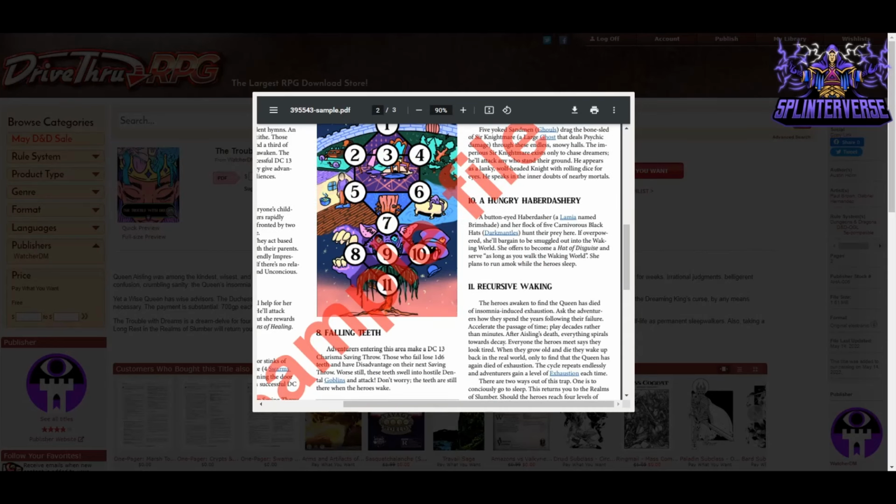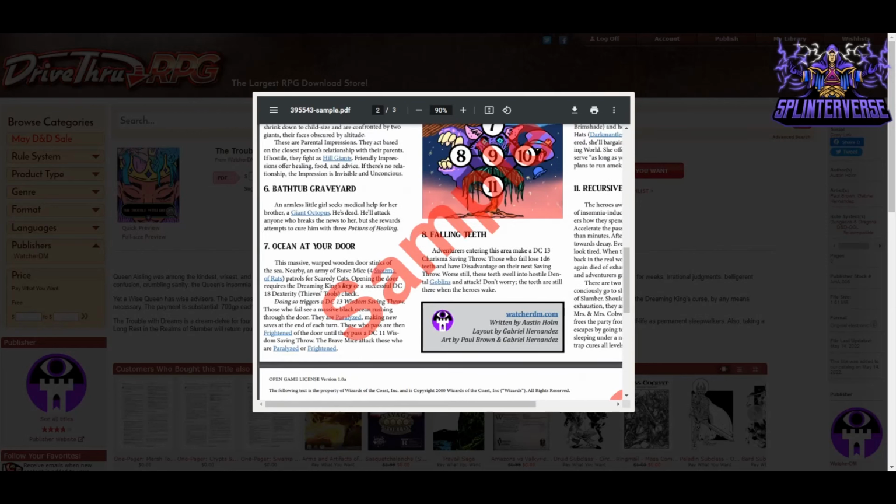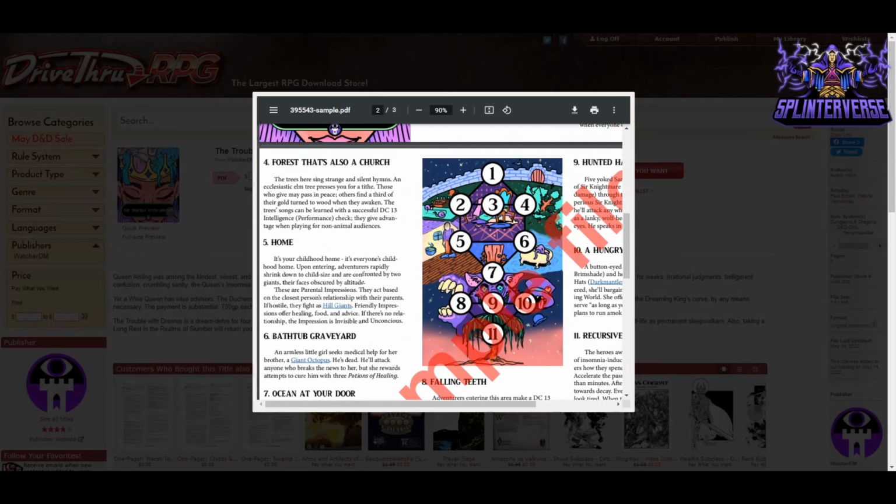So let's see, what else can we read here? Let's go to the bathtub graveyard. An armless little girl seeks medical help for her brother, a giant octopus. He's dead. He'll attack anyone who breaks the news to her, but she rewards attempts to cure him with 3 potions of healing. So yeah, it's just a fun little